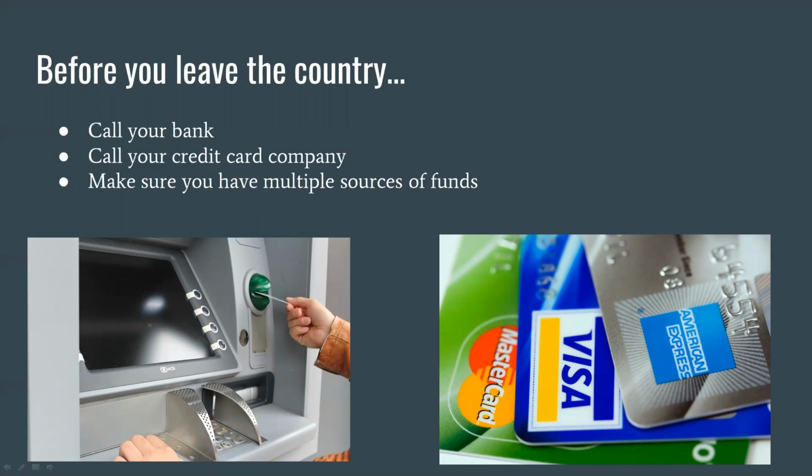After you call your bank, if you plan to use a credit card while abroad, you should call your credit card company. You'll be giving them similar information and asking similar types of questions. First, you'll let them know the dates and times that you will be abroad. Again, you may be able to fill out this information online, and also you'll want to ask what the international transaction fees will be. International transaction fees are a percentage charged for every dollar spent abroad, usually between 1 and